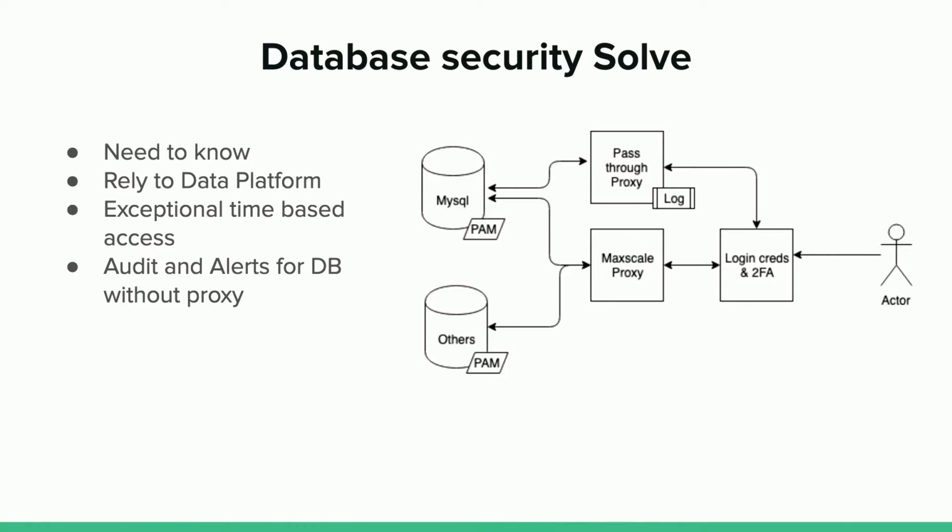Then we set up a MaxScale proxy. It's an open source proxy where we could say, hey, no one can query on PII columns like phone numbers, Aadhaar data, PAN data, all of that stuff. So now we have accountability, and we know no one can query our data on PII columns. So all is good. But there are valid use cases where people need to access databases, time-based exceptions, because something broke in fraud.